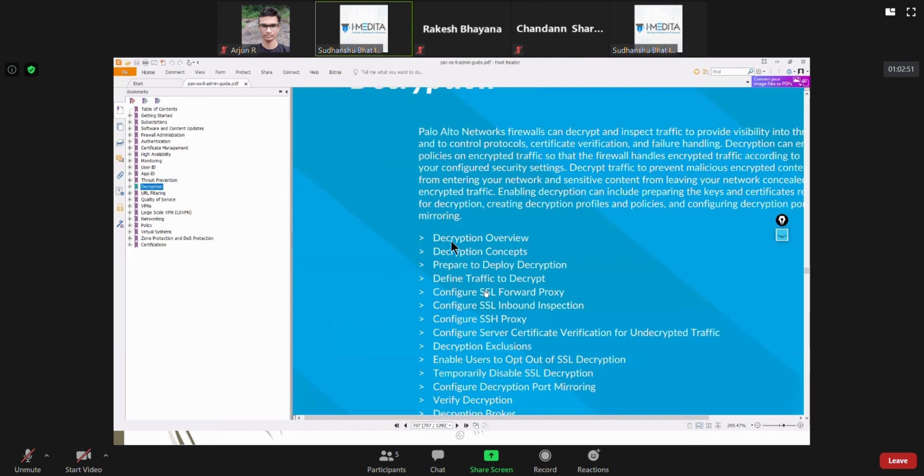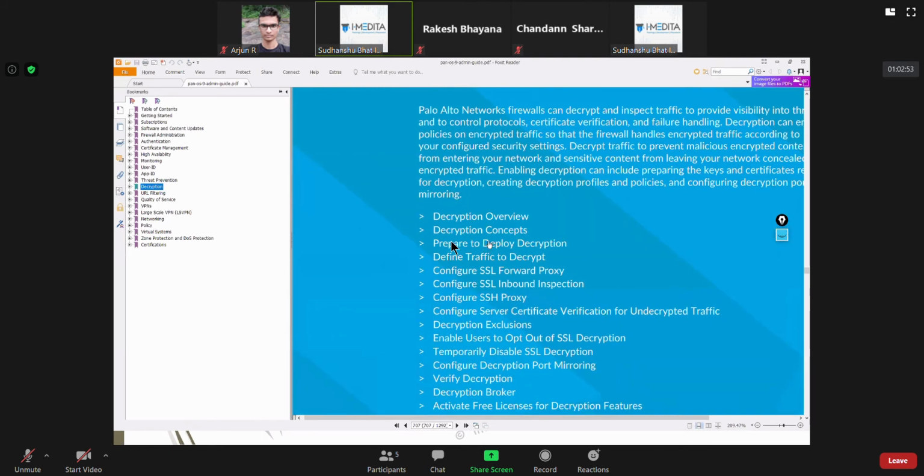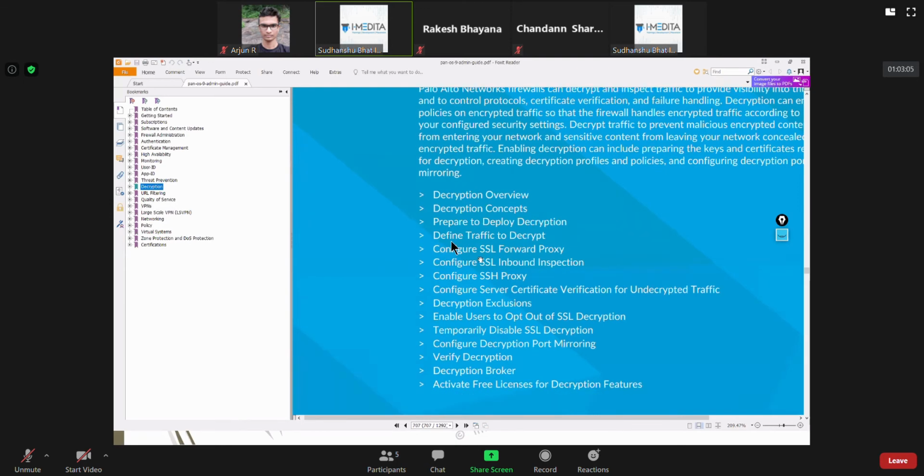You can even read how you define traffic to decrypt, like we said that we don't want to decrypt financial and health websites. So you can read it from here.